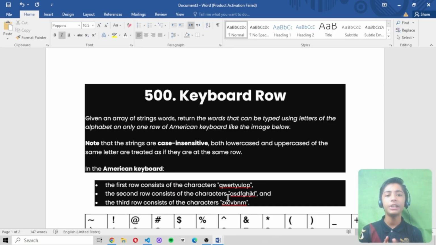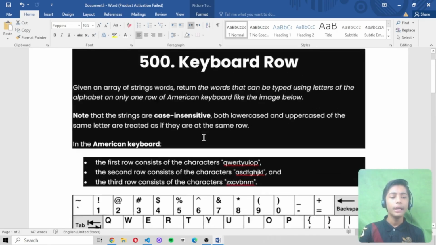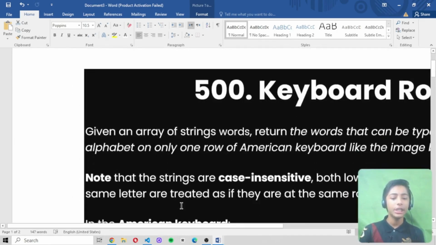First of all, we understand the question, what the question is trying to say. The question is about array, depth first search or breadth first search. First we understand that, then we'll start solving it in the LeetCode editor. So let's understand. Now, I am given an array of strings.